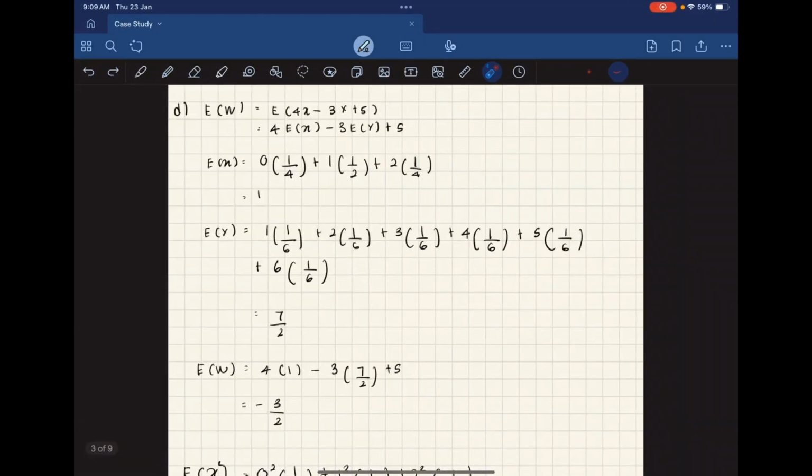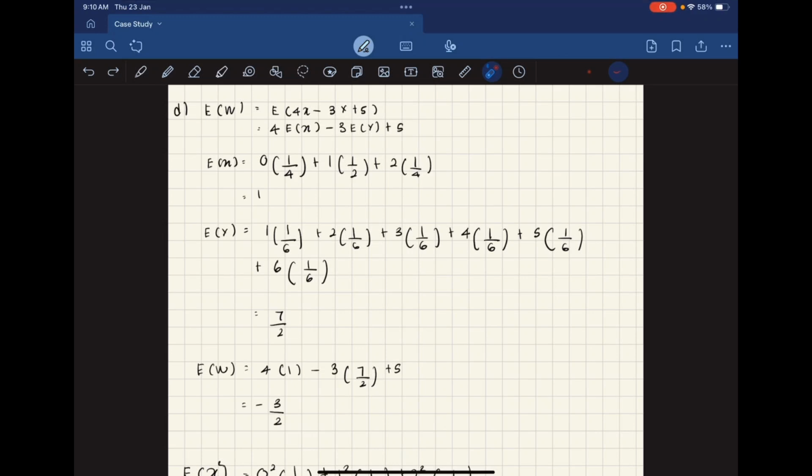For the last question, determine the mean and variance of W equals 4X minus 3Y plus 5. First we need to know what the mean is. Mean is the expected value. So for the expected W, we get 4E(X) minus 3E(Y) plus 5. First you need to find the expected value. To find the expected value, you need to multiply